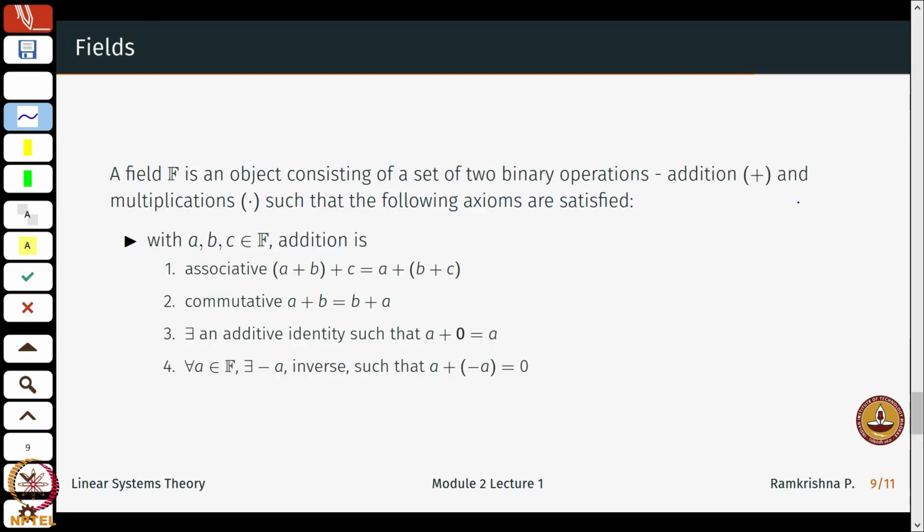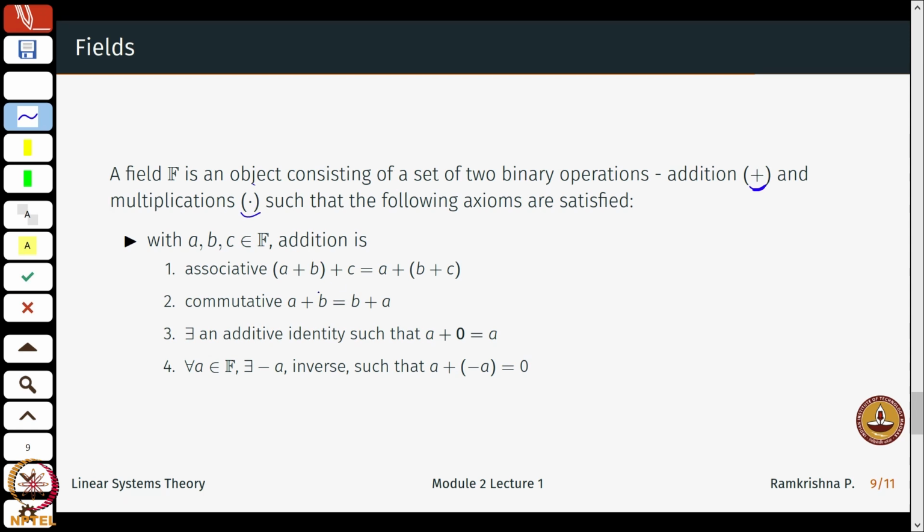Before we go a little more formal, we will also define something called a field. If you remember something from set theory, you would know groups and rings and so on. But what we will use throughout this course is the notion of a field. Again, it's a little generalization of what we possibly already know. A field is an object consisting of two binary operations. One is associated to addition, the second one you can associate to multiplication, which just follow some axioms. These axioms are nothing surprising. We would know this in one form or the other, but it's nice to write them down mathematically.